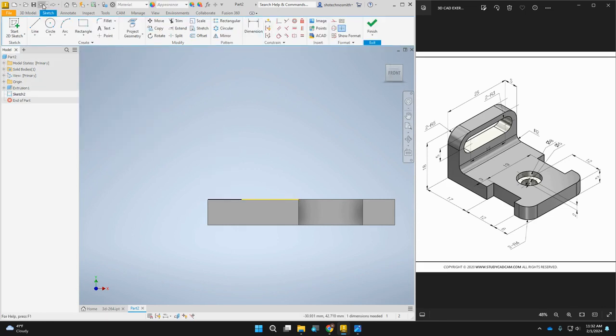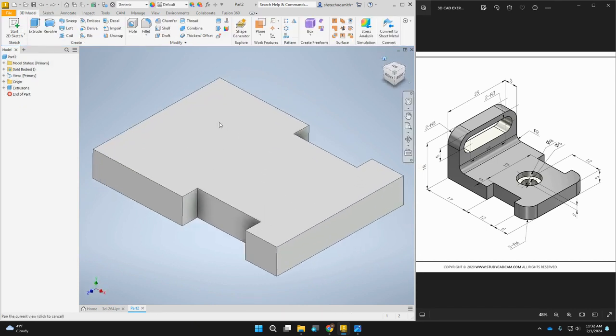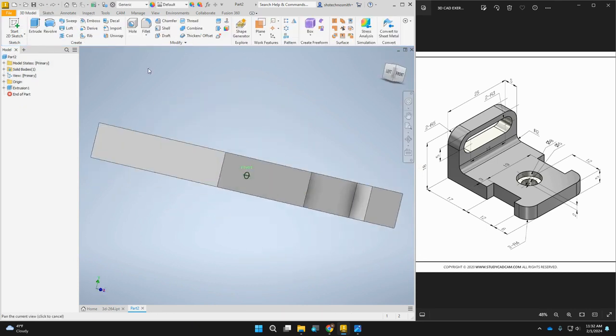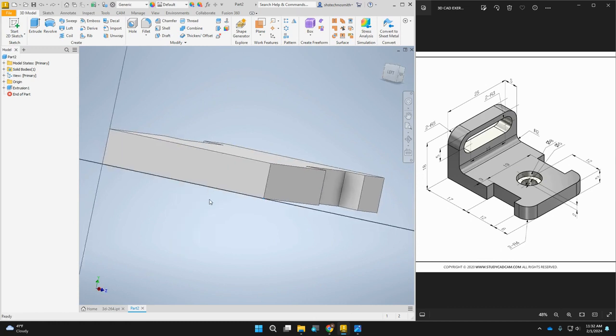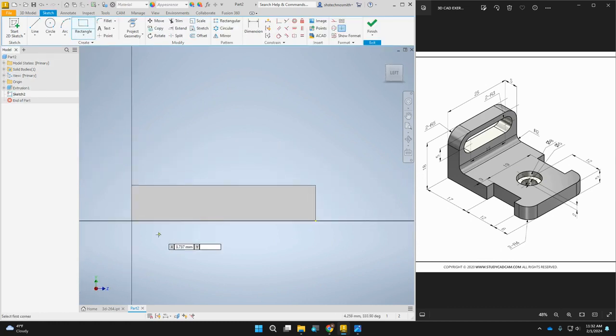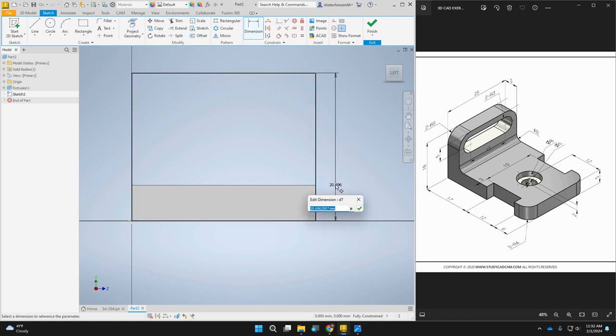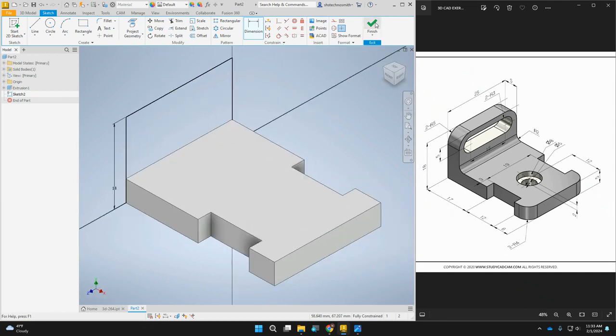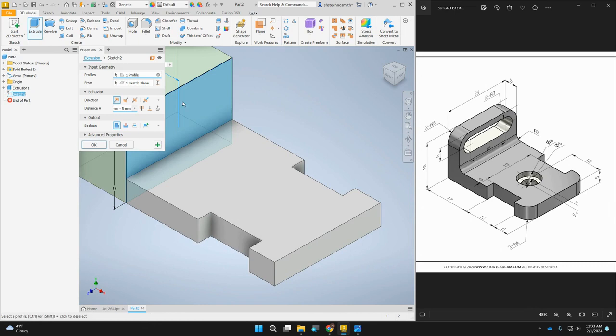I'll just go back real quick and show you on the back side. If I spin this around and create a sketch here, I can draw my rectangle, use that coincident constraint, and then this is 18 from the bottom. Maybe a little easier, but you got to add that extra constraint in there, right? Doesn't really matter how we do it. Finish our sketch, extrude,